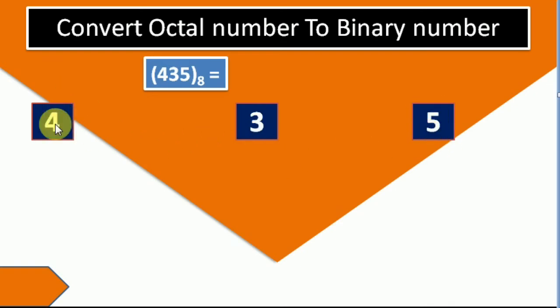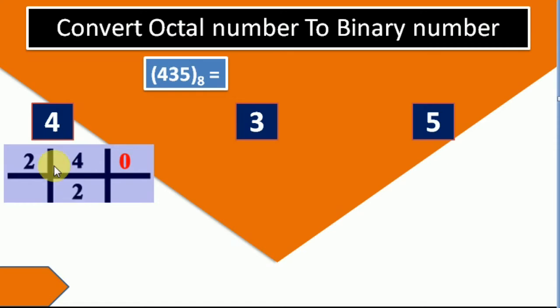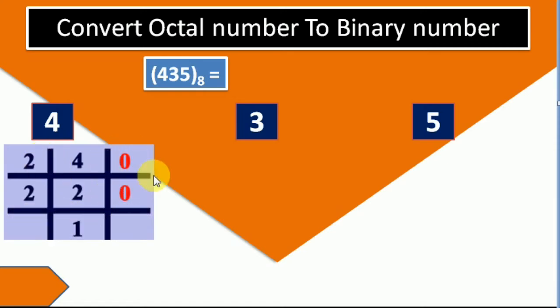So let's start with the 4. 4 divided by 2, you will get first remainder, that is 0, and next 2 1s are 2 again. Now what is the number? From down to top, it is 1 0 0. It's the binary of 4. Now if you check that, it's a group of 3 digits, 1 0 0. There are 3 digits, so we don't need to do anything. We got a group of 3.